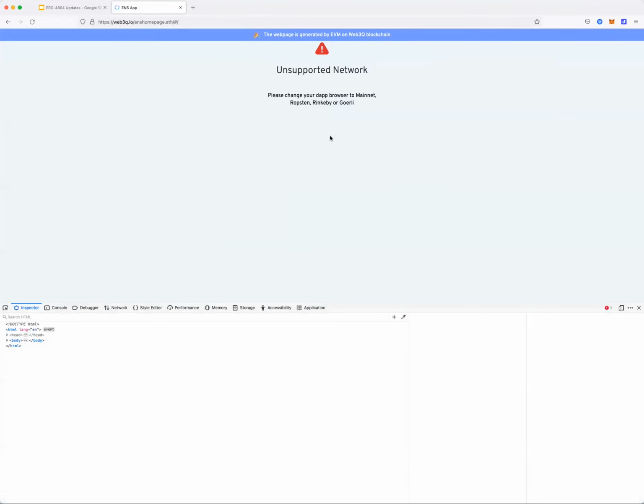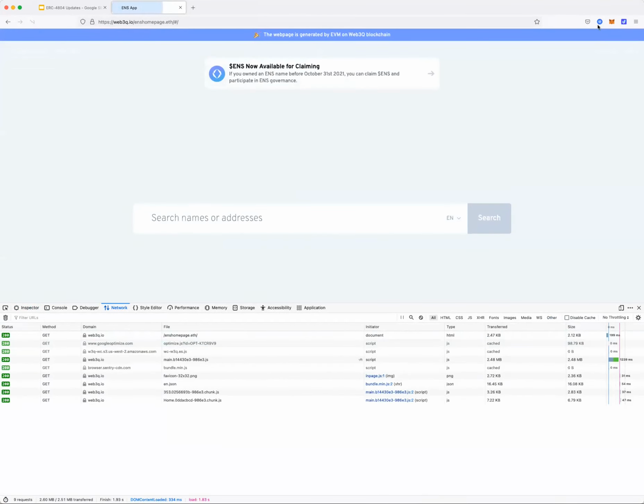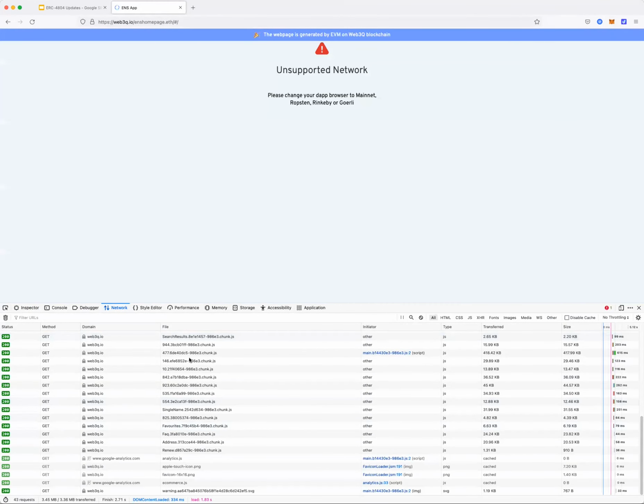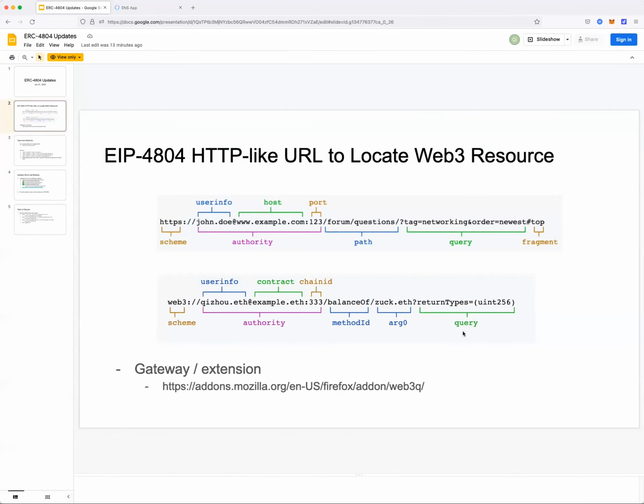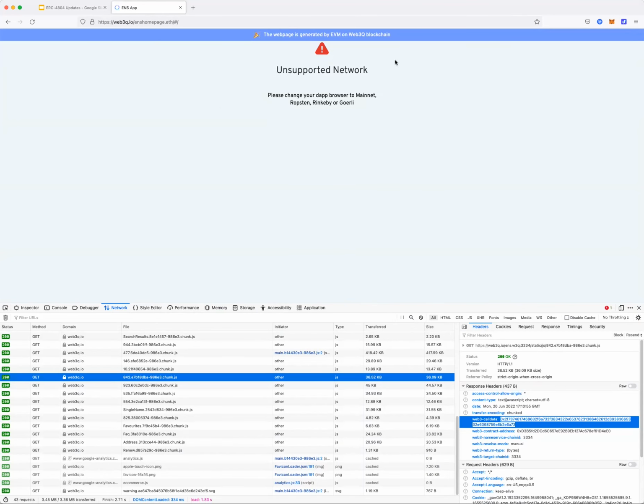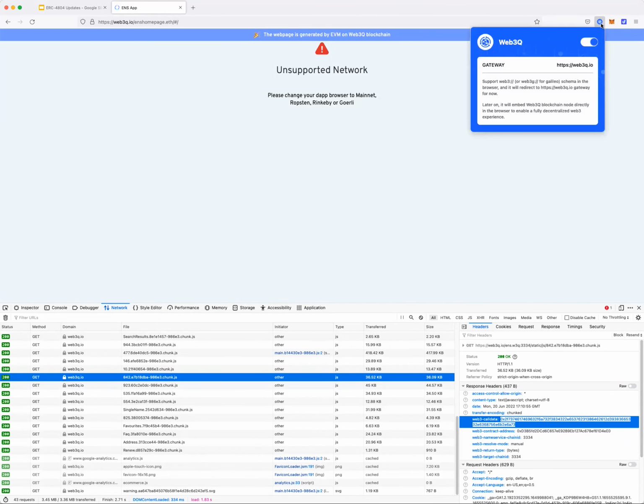Basically, when we inspect the request, it will make a list of requests, which will call the corresponding contract that we got from ENS, and then provide the corresponding call data passed from the method and arguments. The contract will tell us what the content will look like, and then it will be displayed in the browser, supported by the extension we have here.